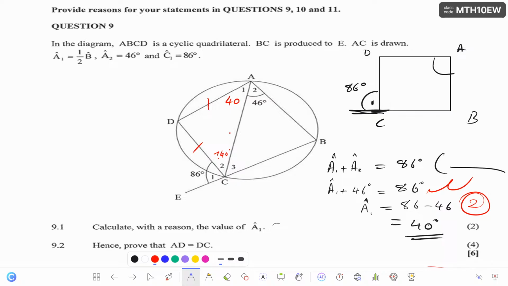So we need to prove if this angle is also 40 degrees. The reason for that, I'm saying, since this angle is opposite to this line, and this one is opposite to this line, we need to prove that even their angles are equal. So if we find that C2 is also 40 degrees, we can conclude that AD is equals to DC. So to do this, we are going to say,